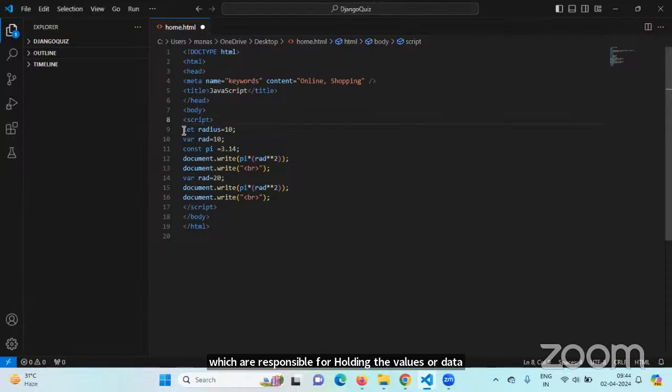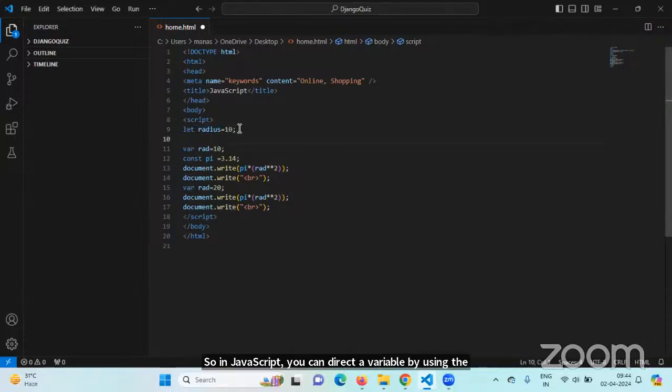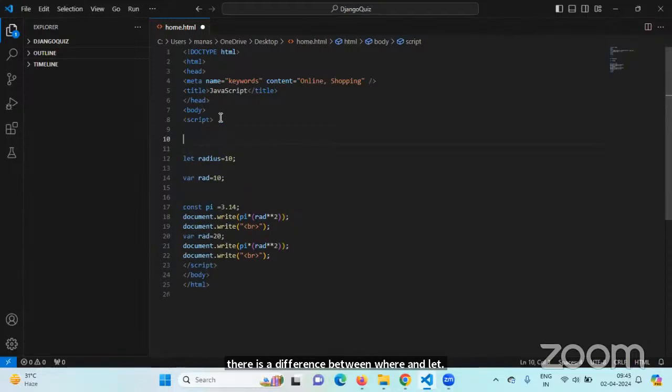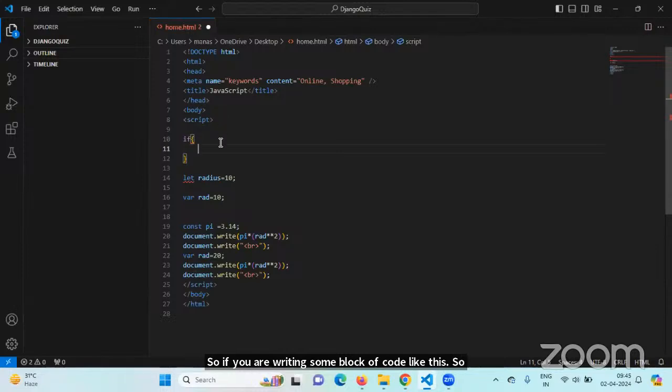So in JavaScript, you can directly write a variable by using the keyword var. So with var, we are assigning radius equals to 10. We can also declare variables by using let. So there is a difference between var and let. If you are writing some block of code like this, and if you have written let x equals to 10,